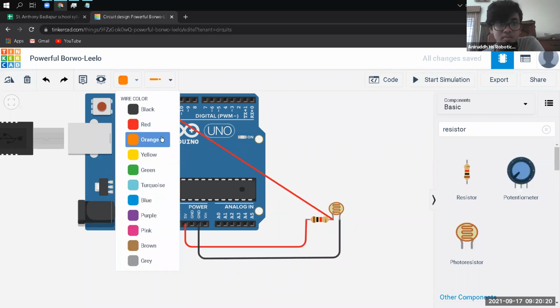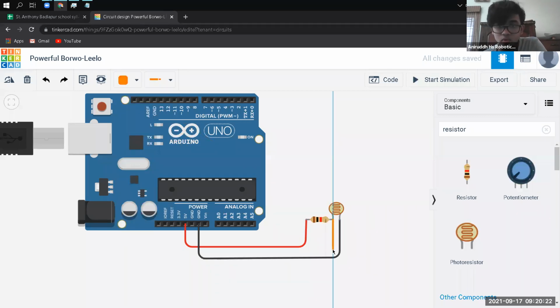3, 2, 1, go. Give me pin numbers. Whoever gives the most number of pin numbers, we'll attach it there. 1, 2, 5, 5, 6, 2, 7, 5, 2, 4. For some reason a lot of people are saying 5, so let's do 5. Okay, done. So we have attached this to 5. You can attach it to the pin of your choice, whatever pin you want.